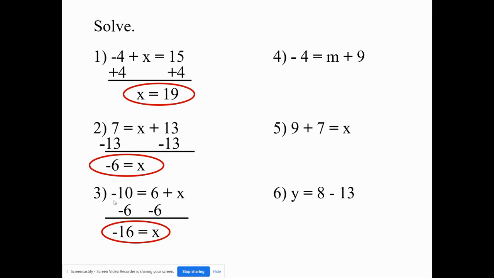All right. If we look here, we've got m plus 9, so we're going to go take 9 and take 9. Okay, remember to show all the working out. This one, we've got x